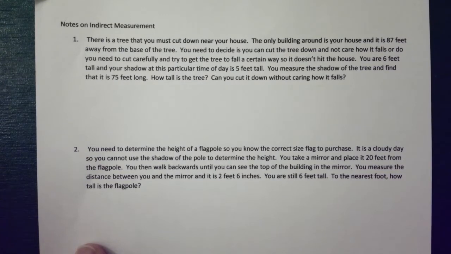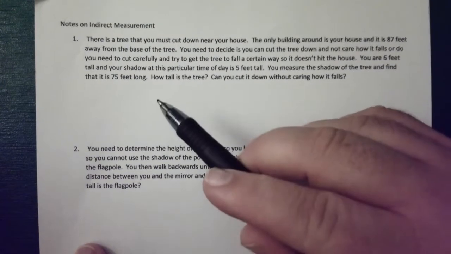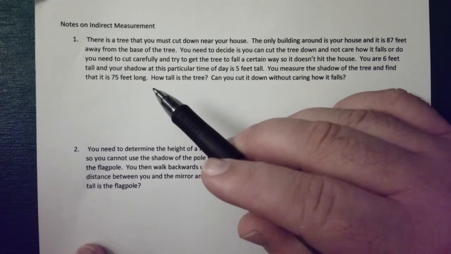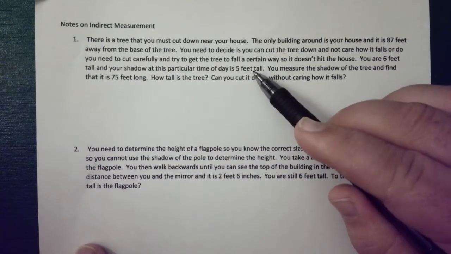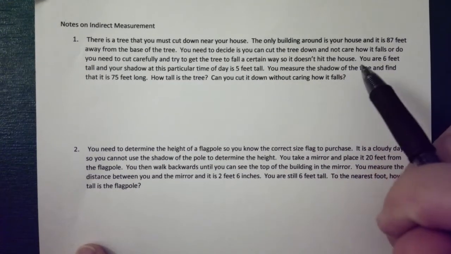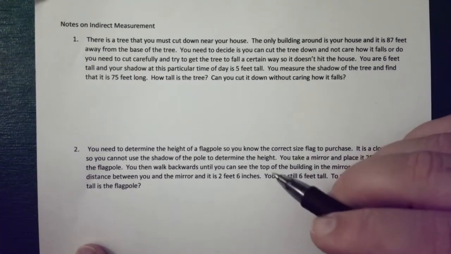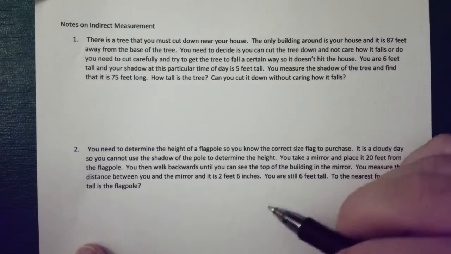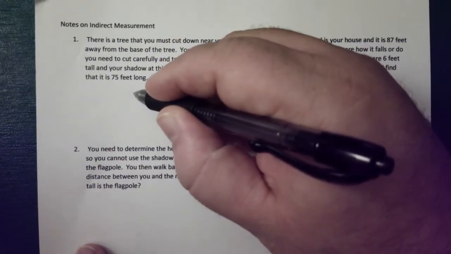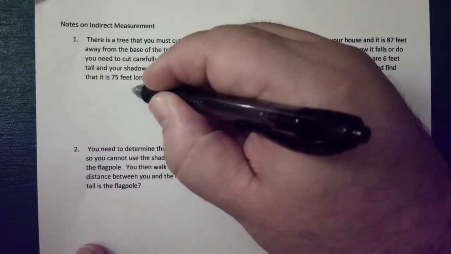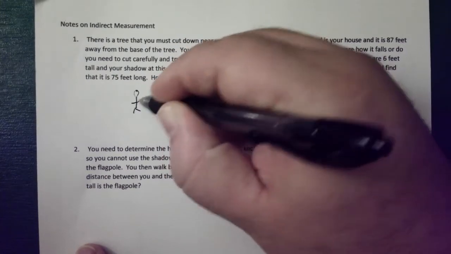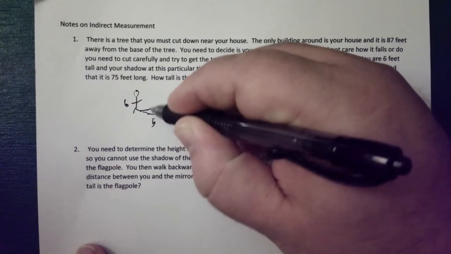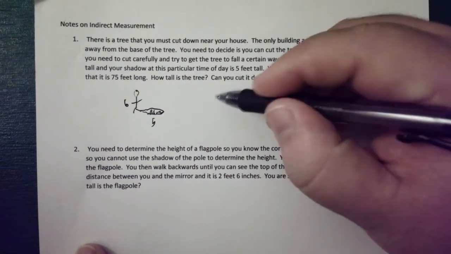Anyways, if you read the problem, it says that you are 6 feet tall and your shadow at this particular time of day is 5 feet long. You measure the shadow of the tree and find that it is 75 feet long. How tall is the tree? And can you cut it down without caring how it falls? So if you are 6 feet tall and your shadow is 5 feet long, and you've got this tree,